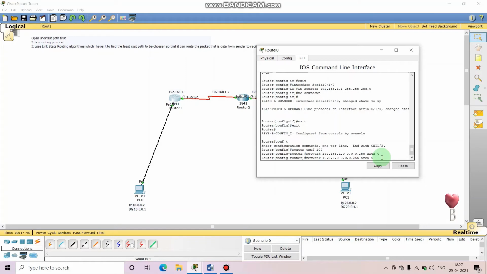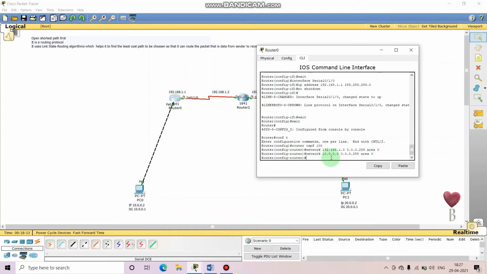Then I pressed the up arrow key, and I will just change the other network's ID here, which will be 10.0.0.0. As I have told you, we have to insert the network address. For a class A address, the last three octets are host bits. Class B means the last two are host bits, so these two will be 0. For class C, only the last digit will be 0. So here we have entered the second network address for OSPF, and we'll do exit.